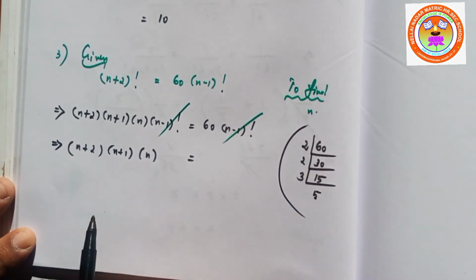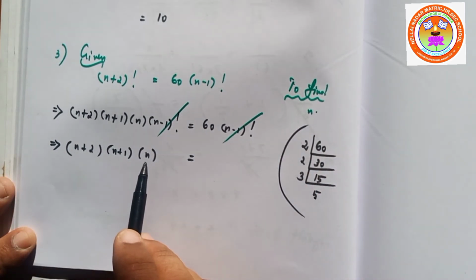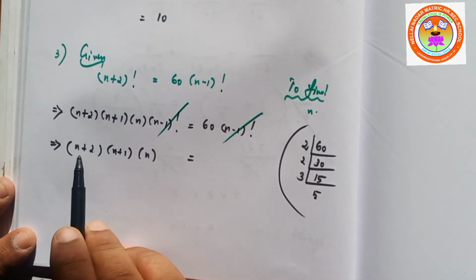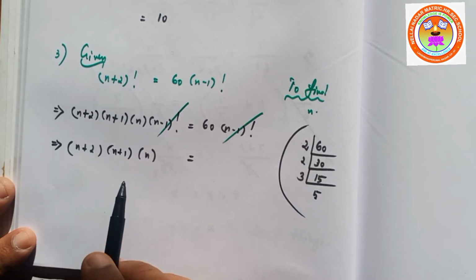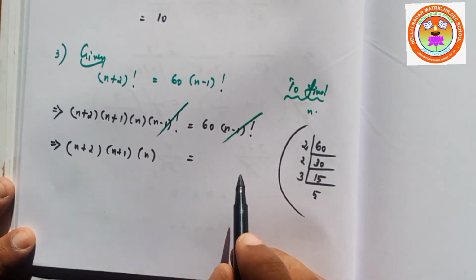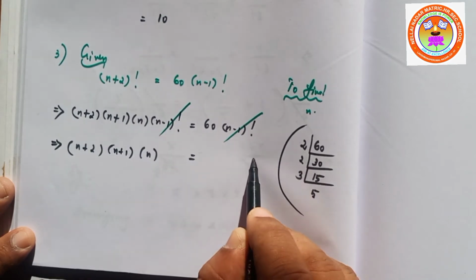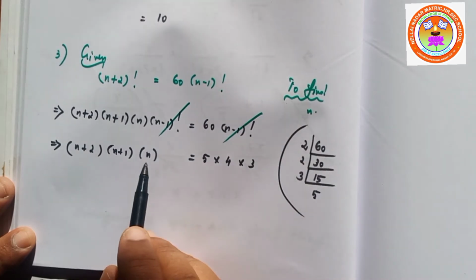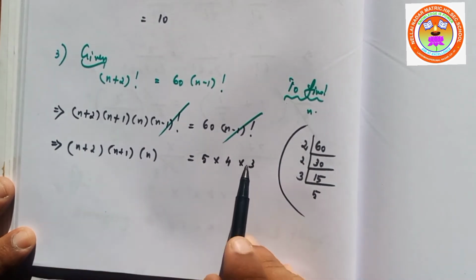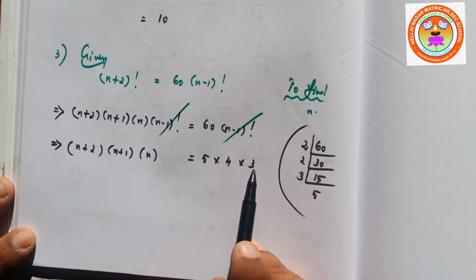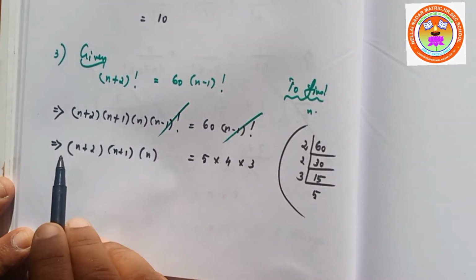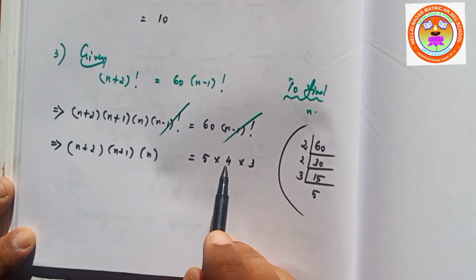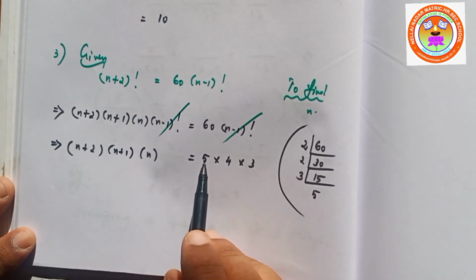Okay. So here n, and if you add 1 with that, n plus 1, then in n plus 1, if we add 1, we will get n plus 2. Like that, it can be written as 3 into 4 into 5. Look at that: n, n plus 1, n plus 2 is 3, 3 plus 1, 3 plus 2. Correct? Here n is equal to 3. So this is 3 plus 1, that is 4. This is 3 plus 2, that is 5.